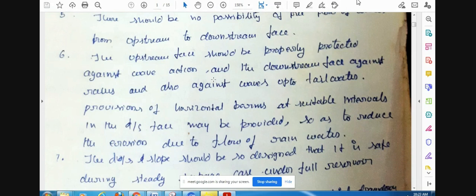So if the velocity is more, the kinetic energy will be more, and then it brings a lot of soil particles along with that water. Therefore, to avoid that, we will not allow water to move from the top to the bottom. So maybe two or three berms will be provided on the downstream side. Okay, and the water collected at the berm will be discharged at a safer location.